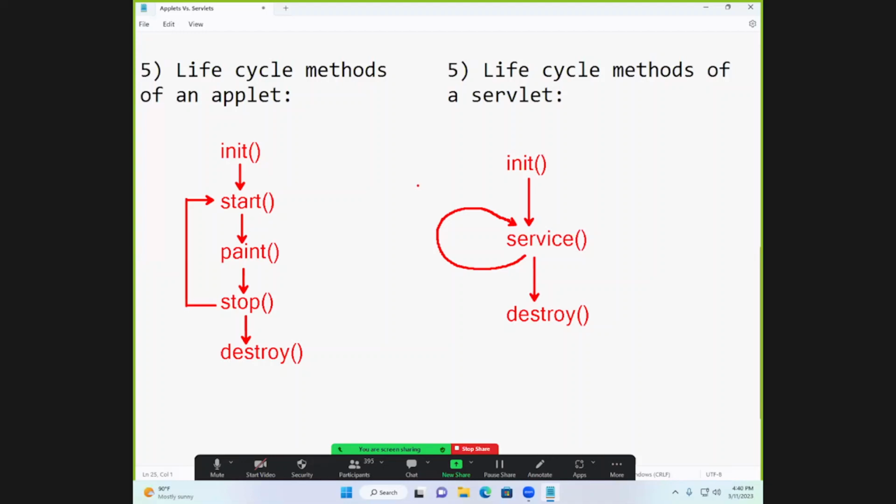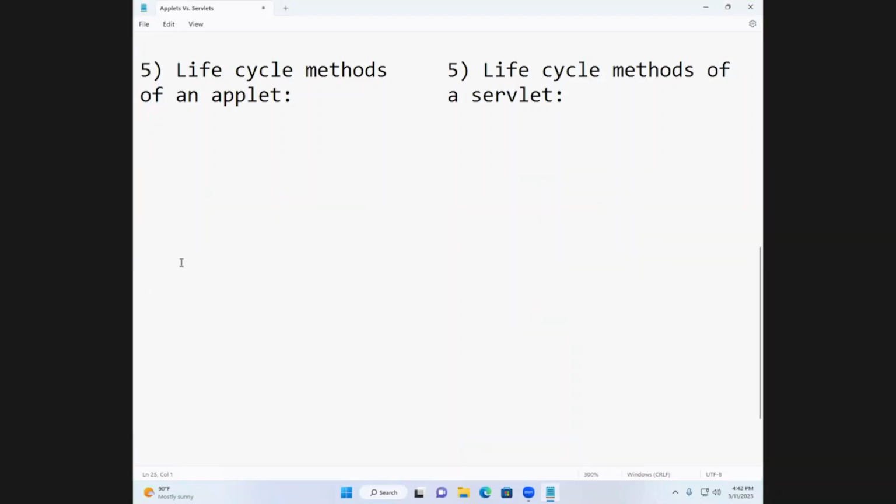Is it over? So here, how many life cycle methods are there? 5. Here, 3. Like that only write it. Is it completed? No. Now, that continuation,